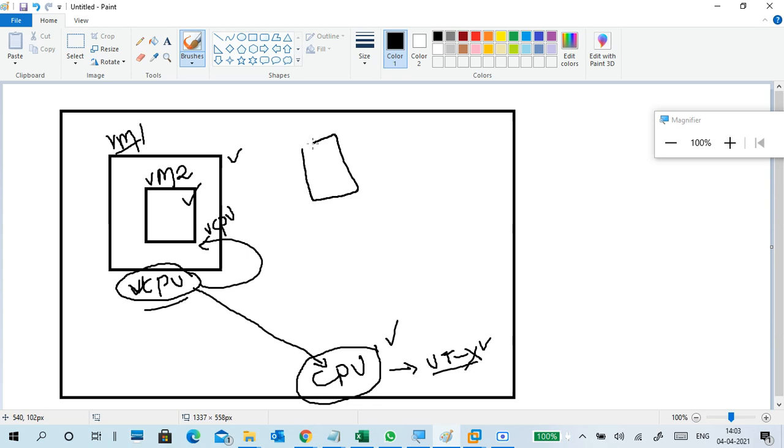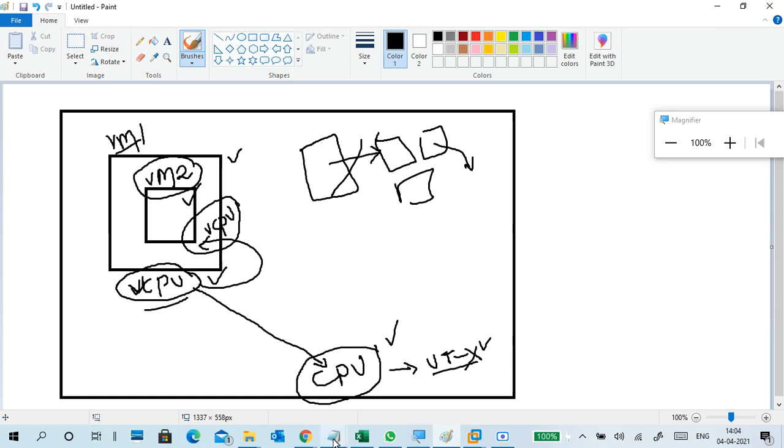It is like a Xerox copy. Like you have an original document. You can create a number of Xerox copies, right? You can create a number of duplicate copies. If you don't have the original copy, then the Xerox copy acts like a Xerox copy only. A Xerox copy won't be like the actual copy, right? Same thing happens. This is the virtual CPU, and when you want to create a virtual machine inside a virtual machine, that won't happen. Why? Because this is already a virtual CPU.